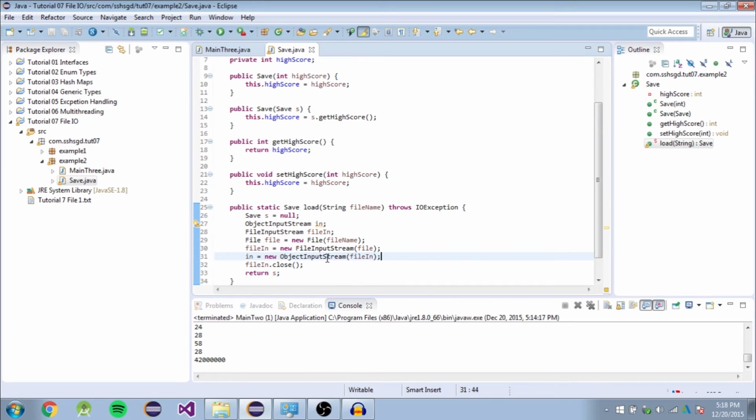So what this is doing is it's getting an input stream, and it's going to use it as this object input stream. So it's taking this one in, and we're going to read an object that is going to be given to us through this file input stream that is reading this file. That's kind of how it works. It's kind of like the scanner using the file. So we're also going to do in.close as well, actually after we close our fileIn,